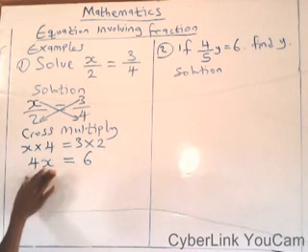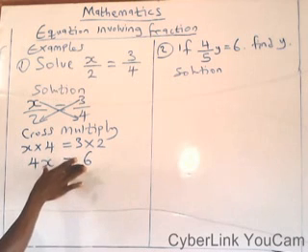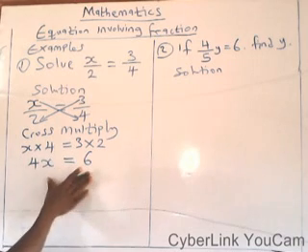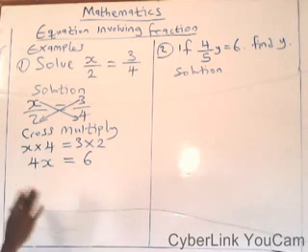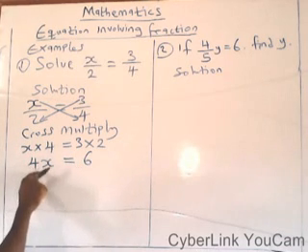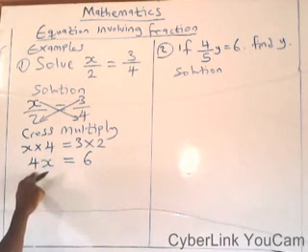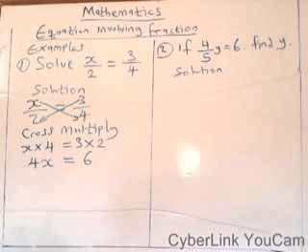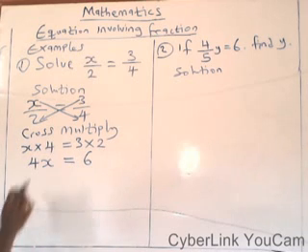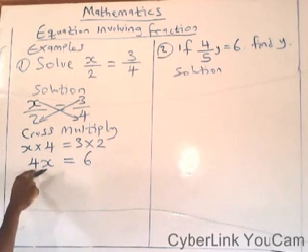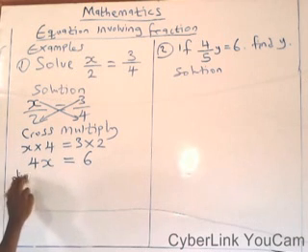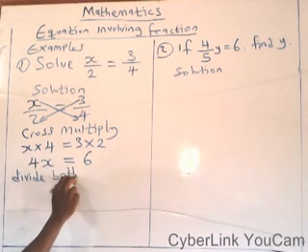If we now have 4x is equal to 6, this is just like the first example that we treated when we were doing linear equation. When you have a case like this, what are you going to do? You are going to divide both sides by the coefficient of x. The coefficient of x here is 4. We want x to stand alone, on its own without any attachment. We want to disengage the 4 that is attached to x. That is what brings about divide both sides